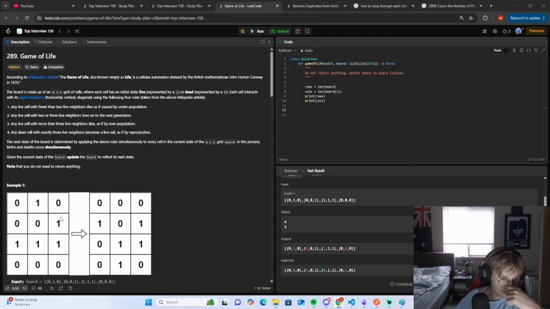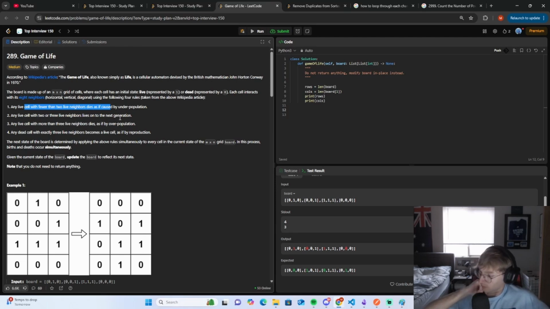Okay. I'm just not sure how we calculate diagonal values, right? Because, okay, here's 0. Okay, so maybe we can go, well,